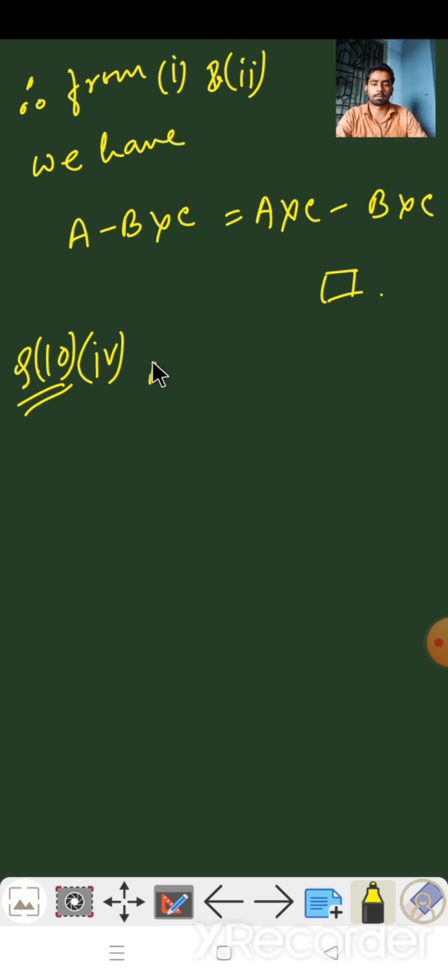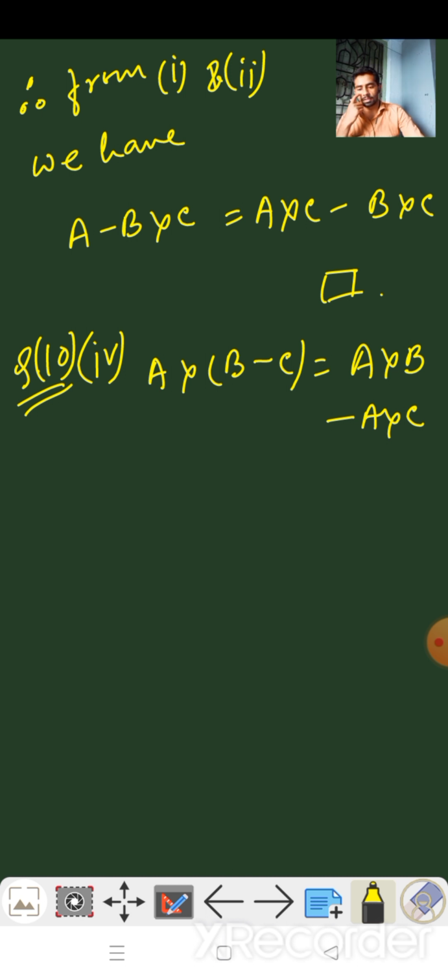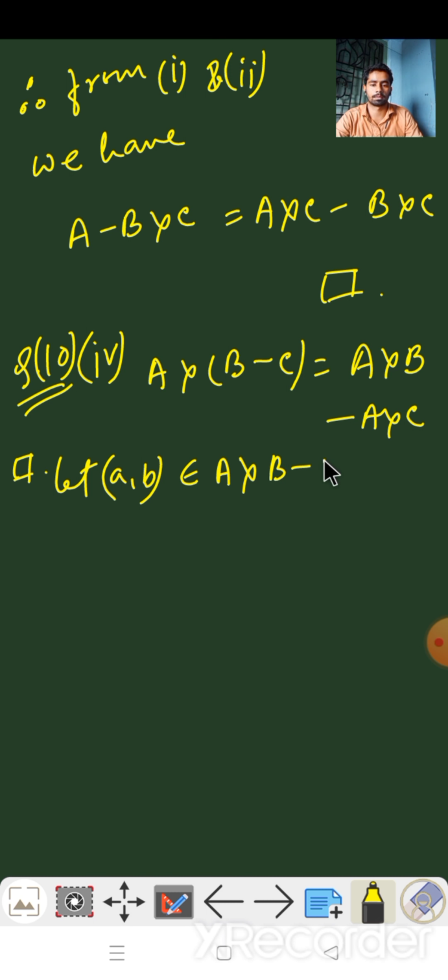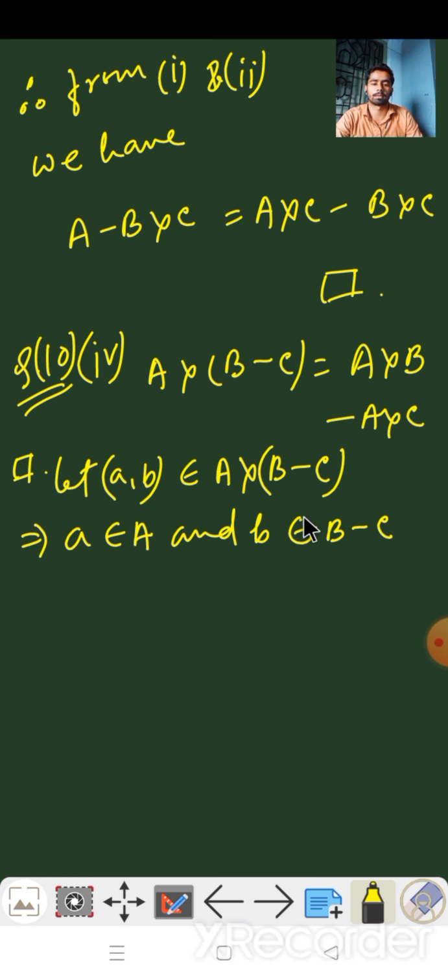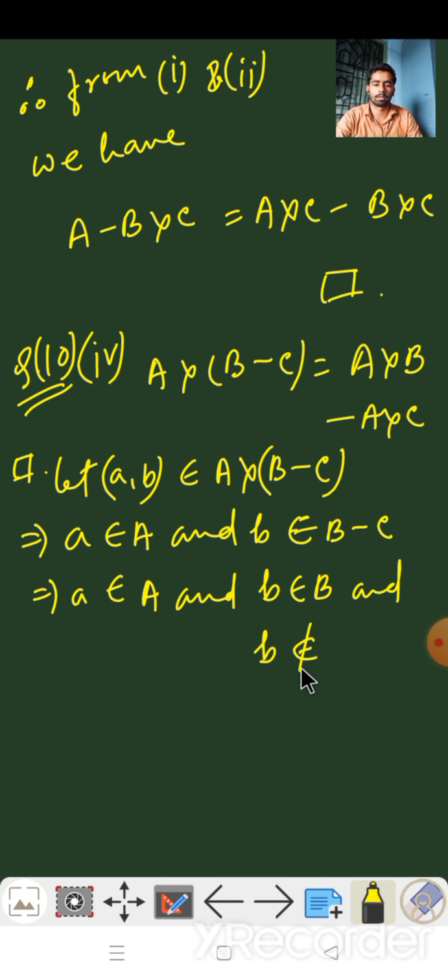In this question I have to prove that A cross (B difference C) equals (A cross B) difference (A cross C). Similarly, we will solve this question as the previous one. Let an arbitrary ordered pair (a, b) belong to A cross (B difference C), which implies small a belongs to capital A and small b belongs to B difference C, which implies small a belongs to capital A and small b belongs to capital B and small b does not belong to capital C,